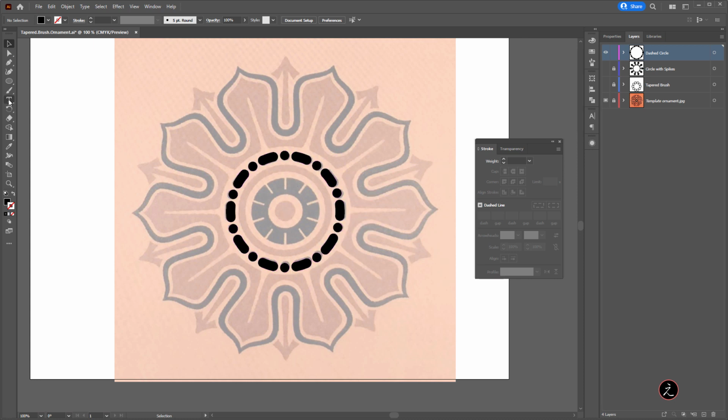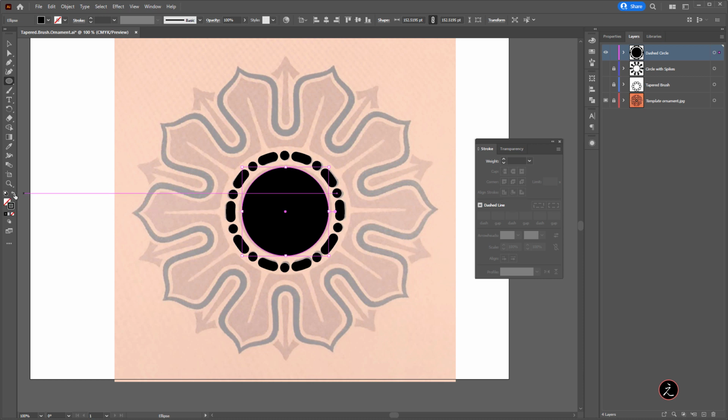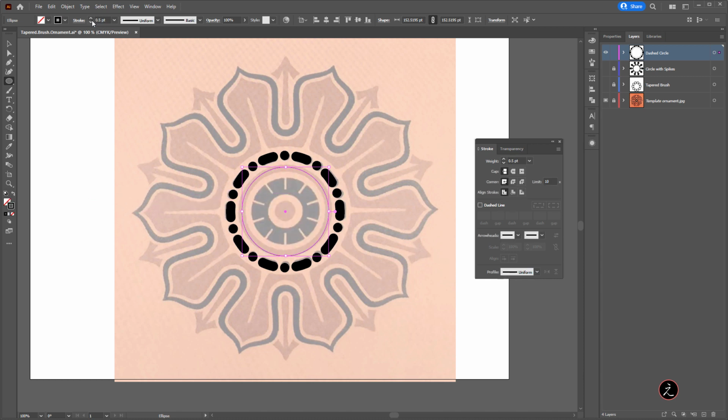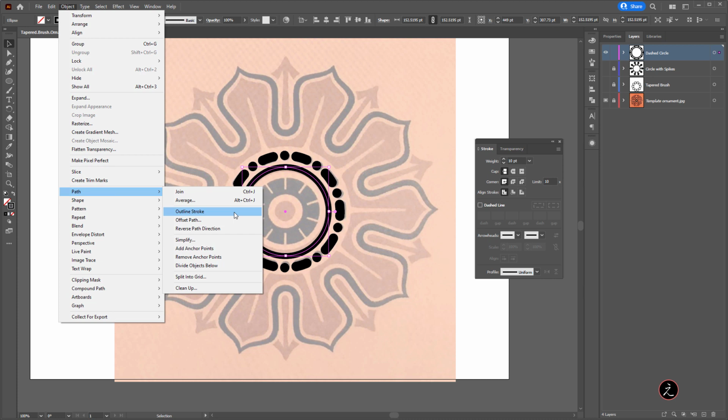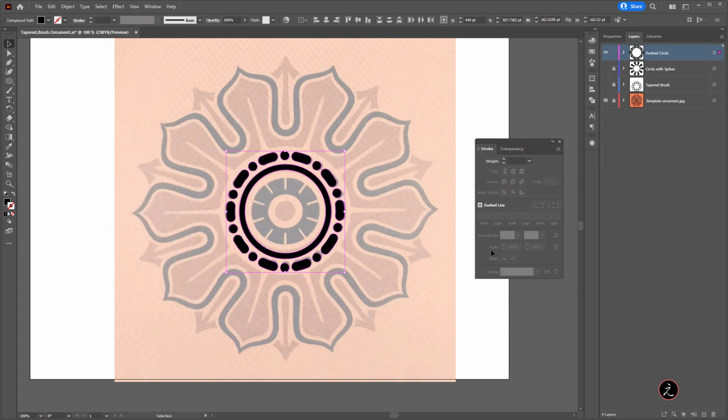So this is just this shape here. As for this one, what we can do is just do the same. Create a circle right here and just use a stroke. And again, I'm going to up the stroke width to perhaps 10. I think that's enough here. And again, go to the object menu and also outline the stroke. So those two, I can select and make sure they're aligned in relation to each other. All right, things are looking good. And now we're ready to go to the next step.